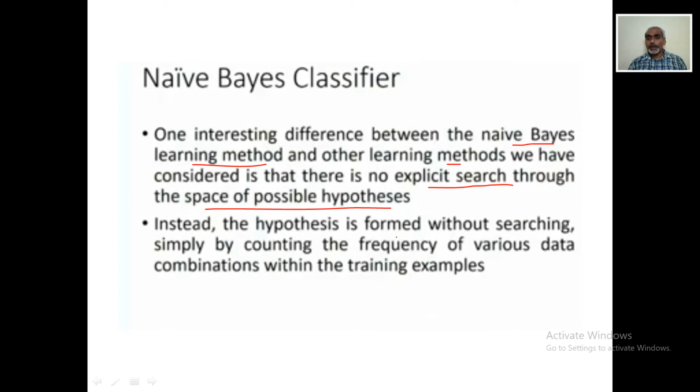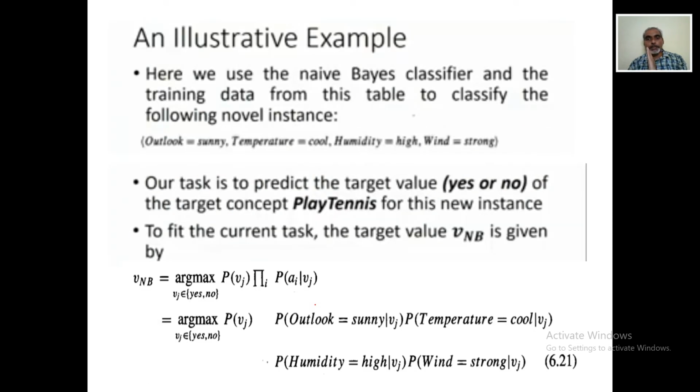Now instead, the hypothesis is formed without searching. In the previous method, we were taking the set of all hypotheses, and each hypothesis we were going to consider, and we were finding the maximum a posteriori hypothesis and all. Here we are not doing like that, right? So now let us take a simple example and we'll see how we are going to apply this naive Bayes